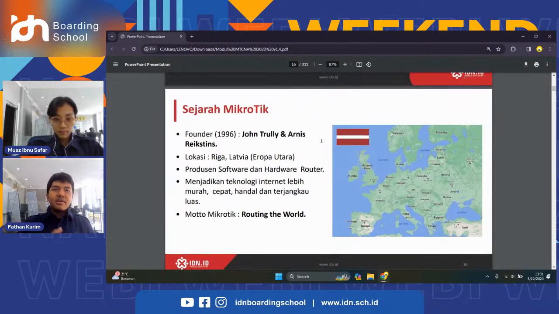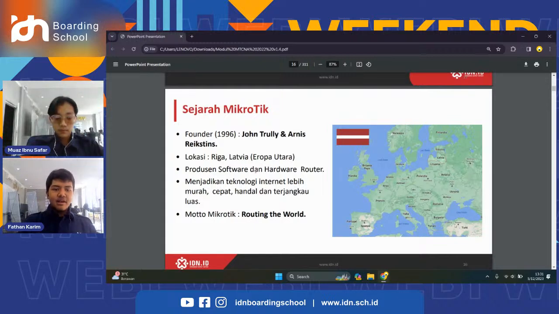MikroTik is a brand that produces software and hardware routers usually used for networking purposes. MikroTik wants to make internet technology cheap, faster, and usable for others. The motto, or slogan, of MikroTik is "Routing the World."